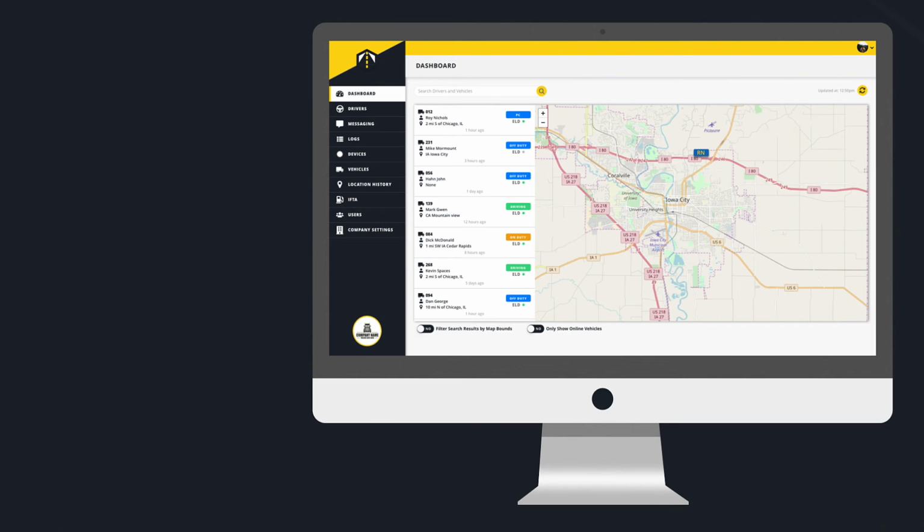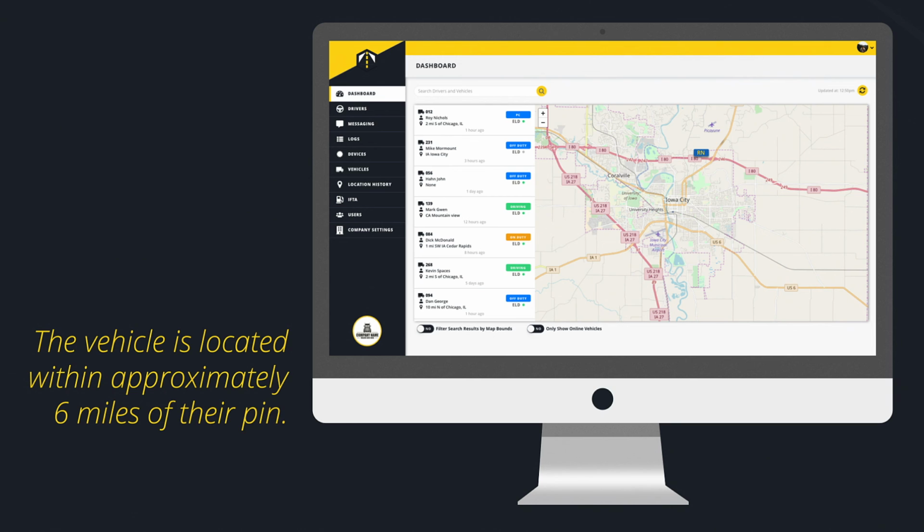If a driver is set to Personal Conveyance, you will see PC for their status and their name will be blue on the map. The precision of the vehicle's location is reduced to follow the FMCSA's ELD requirements. The vehicle is located within approximately 6 miles of their PIN. If you click on the PIN, a circle will appear on the map to help you visualize the vehicle's approximate